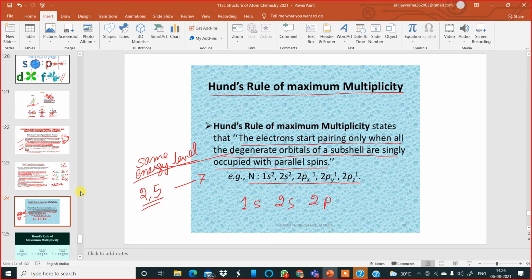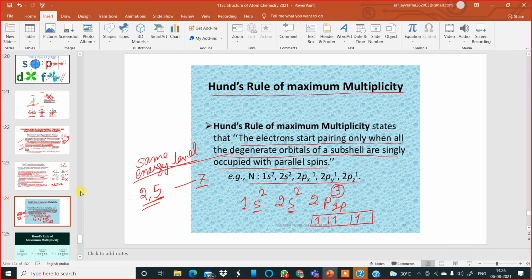So out of these 7 electrons, 2 electrons will come over here. Out of the 5 electrons, 2 electrons will come over here because s orbitals can accommodate only 2 electrons. So 2 plus 2 is 4. The remaining 3 electrons go to the 2p orbitals. If you go ahead to fill the 2p orbitals, 1, 2, 3, these are the 2p orbitals. So these 3 electrons will occupy the orbitals in this manner, 1, 2 and 3.